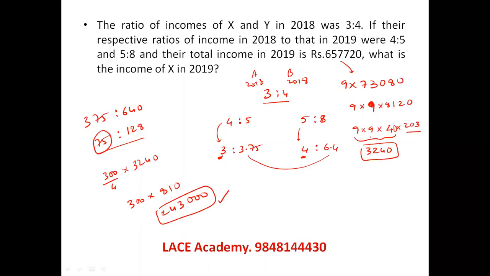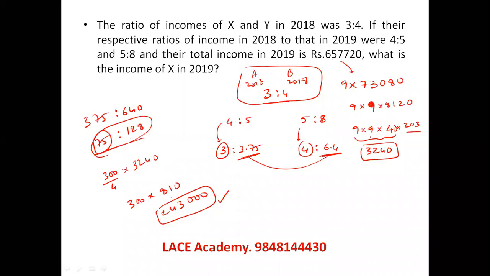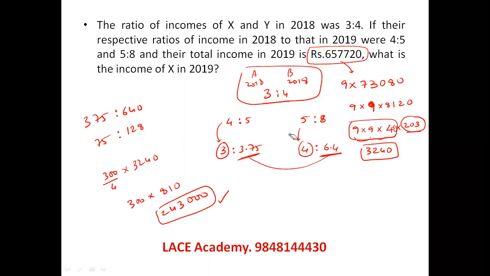So this is a question plainly given to make you go for calculation. Balance 2018 of A and 2018 of B with the given ratio of 3:4. Then the 2019 salaries will be balanced. Their total parts are 203. The amount is not beautifully given. It is actually a dirty number, which is to be simplified until you get 203 out of it. This entire thing is the value of each part because 203 parts are to be taken. So each part equals 3240. A has 75 parts, so I'm writing 75 as 300 by 4 to make it easy for calculation.